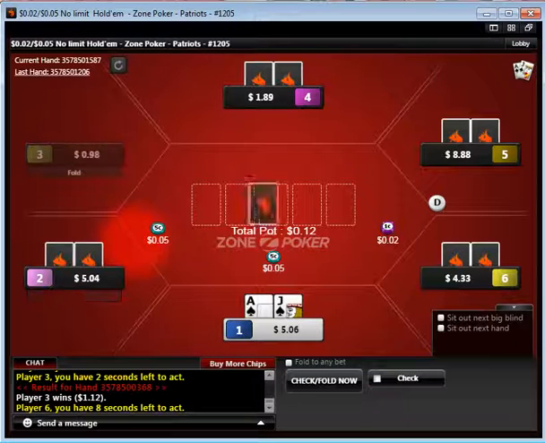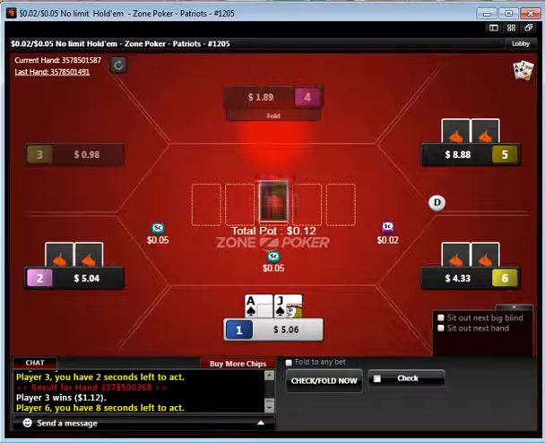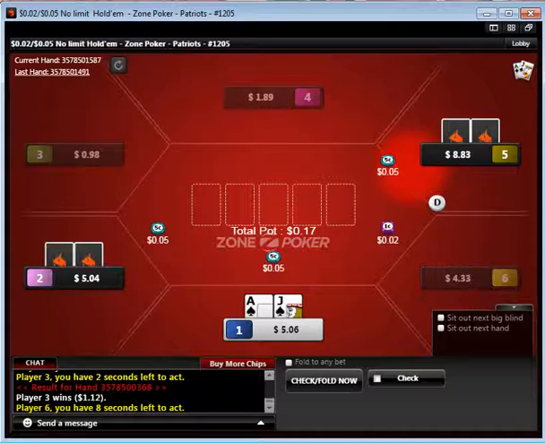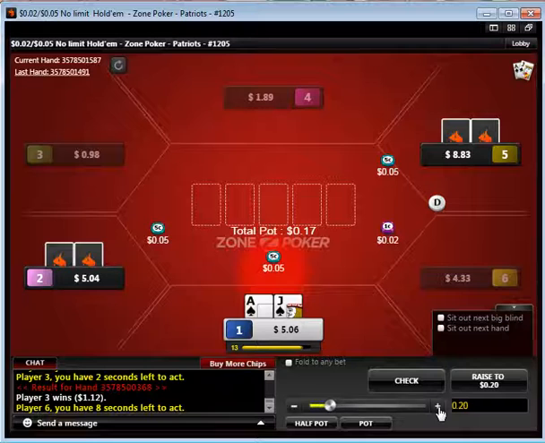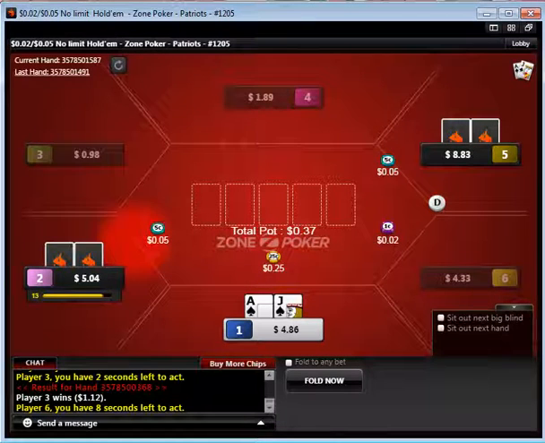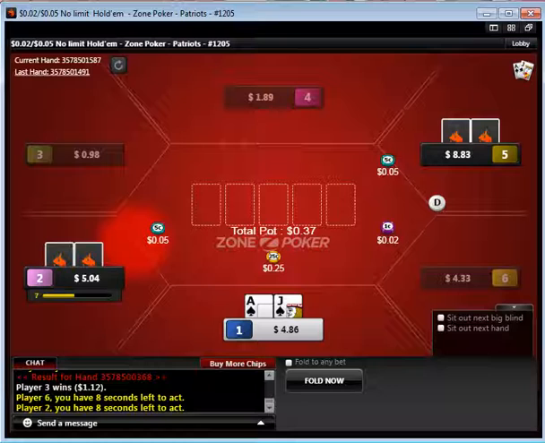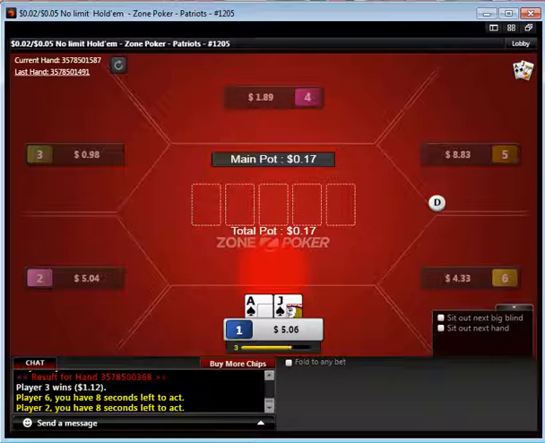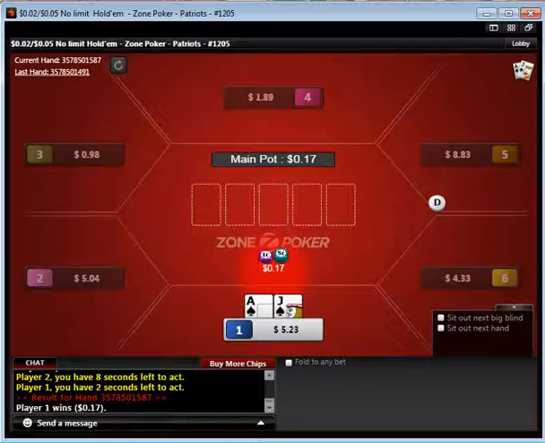Ace jack suited from big blind. So here we'll bump it up to 25 cents with 2 limpers. We'll be out of position. We'll take it down. What you got to be nervous about there is sometimes these limpers all of a